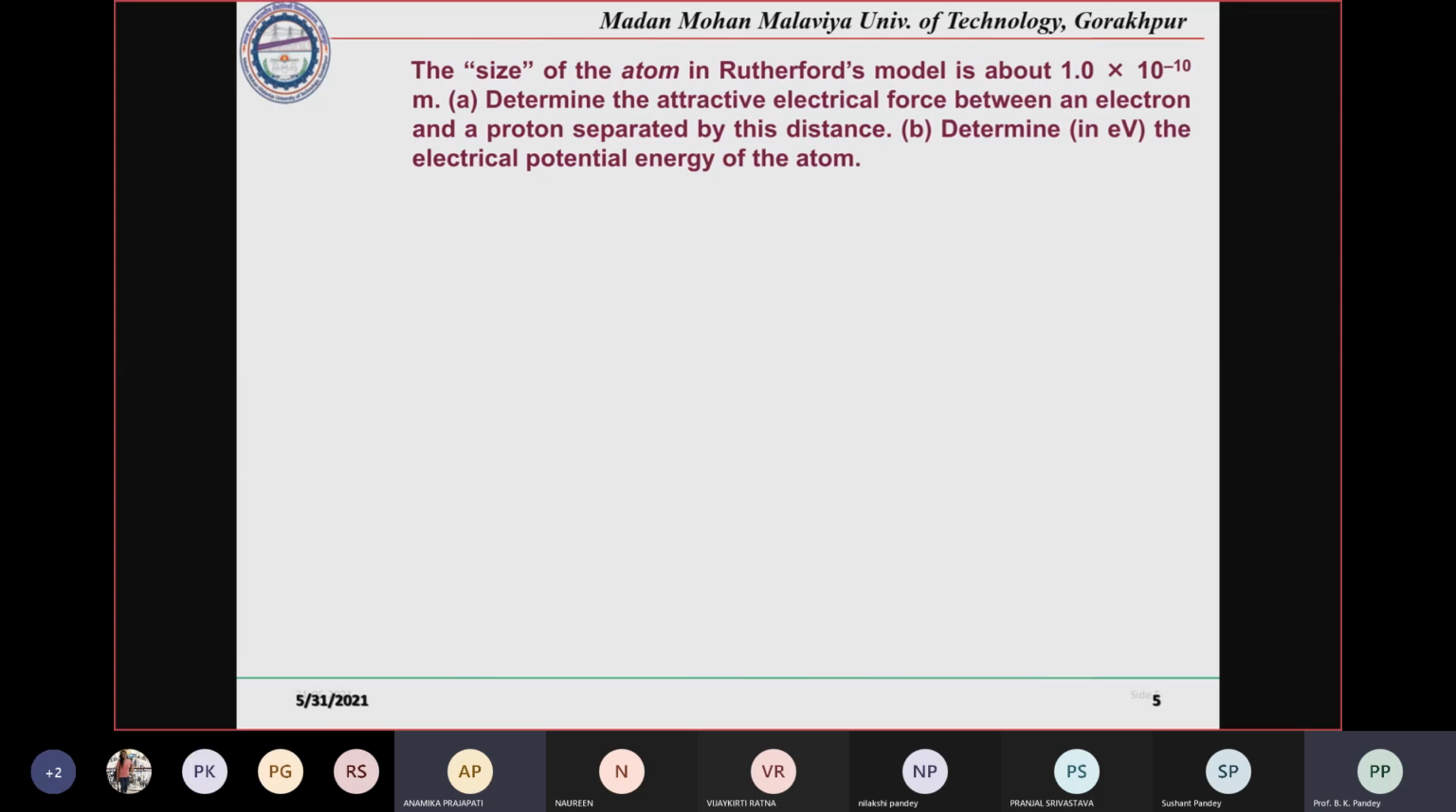Yes, sir. Okay. The size of the atom in the Rutherford model is of the order of 10 to the power minus 10 meter. तो हमें क्या करना है, हमारा यह अंदाजा लगाना है या हमें यहाँ पर प्रयास करना है कि देखना है कि what is the order of the electrical force between the electron and proton separated by this distance. Means that if the distance between the nucleus and the electron is of the order of 1 angstrom,